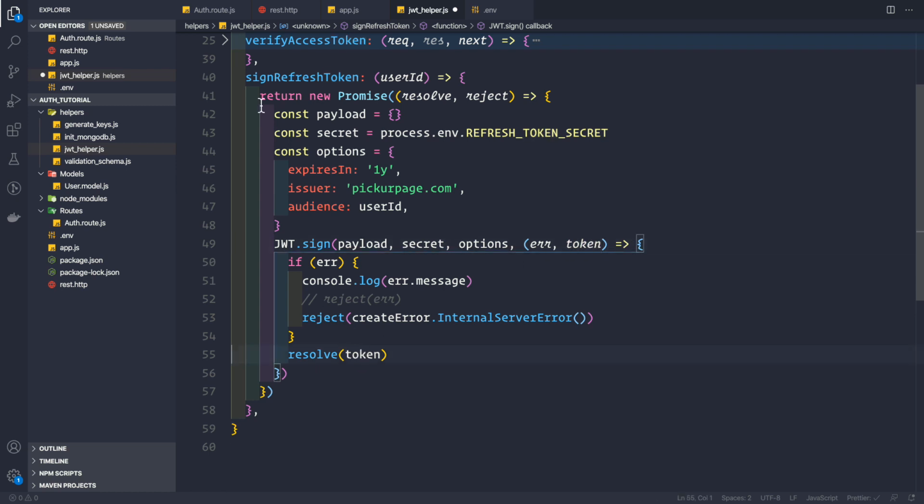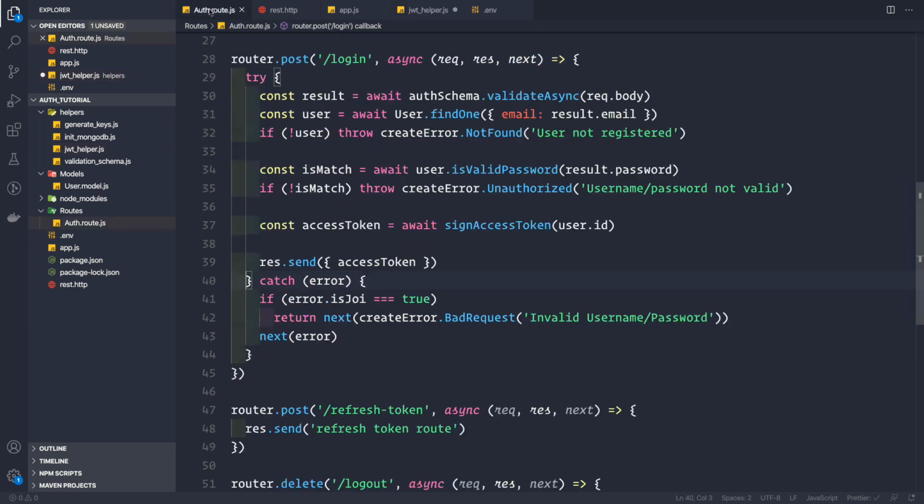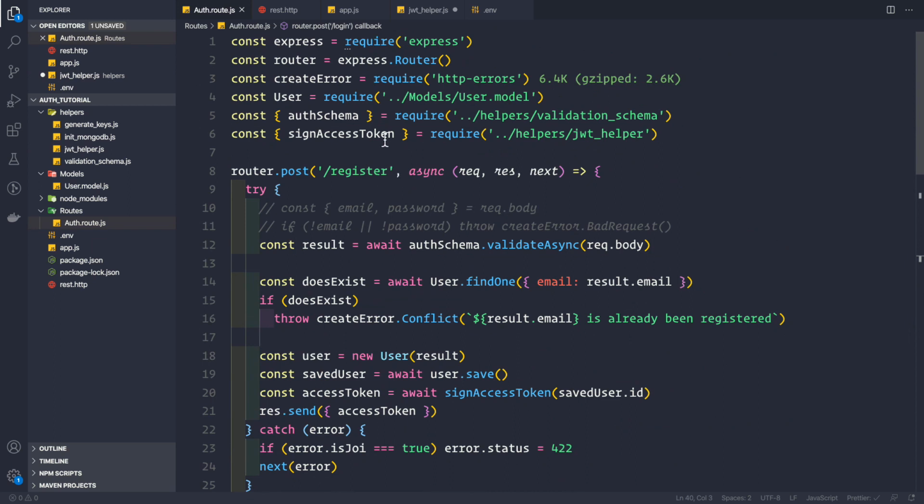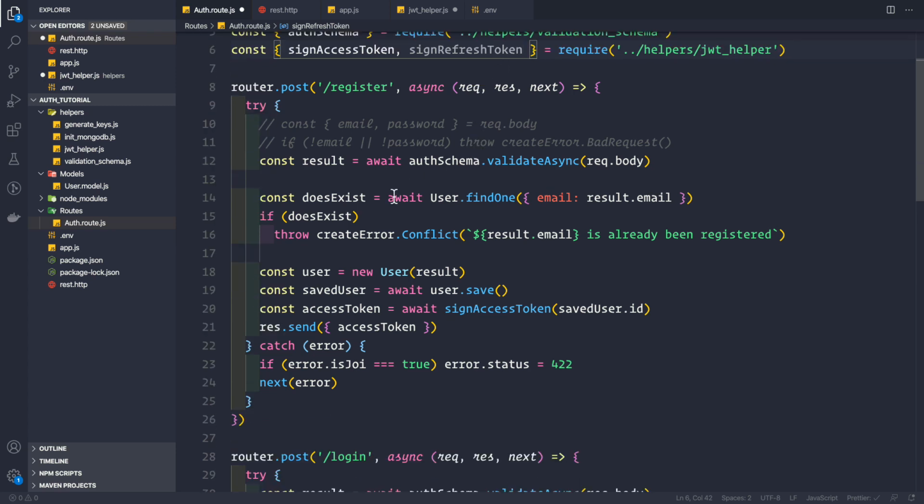Now we can use this function, sign refresh token, inside our auth route. First we need to import it here, just after sign access token. When someone registers to your application, you should also provide them with the refresh token.